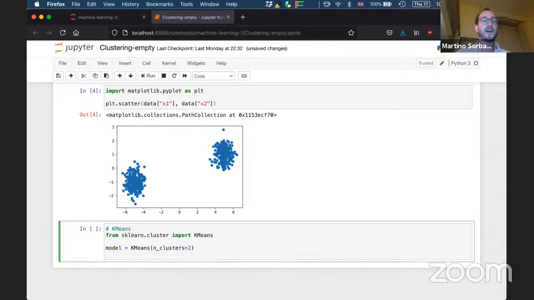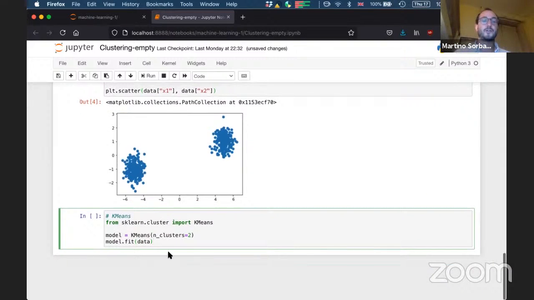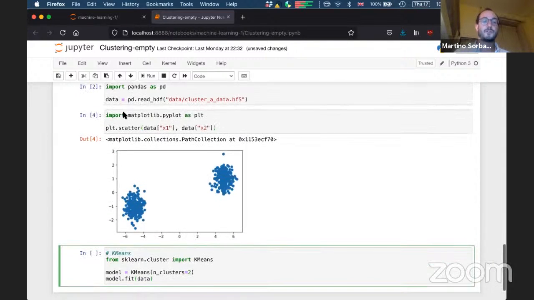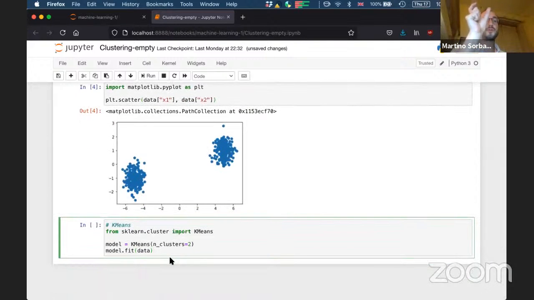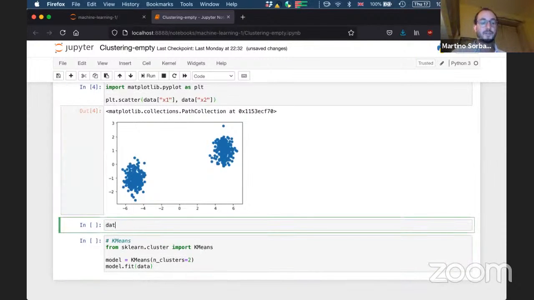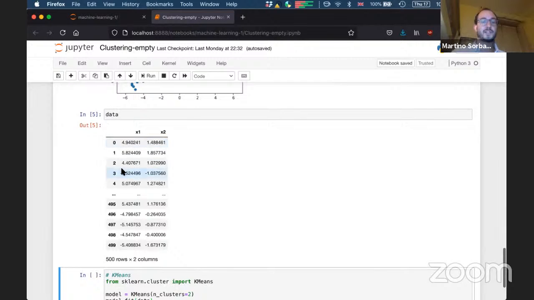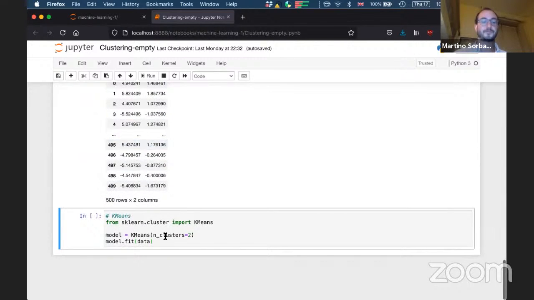Okay, so I've defined the model, and the model always has a fit method that takes the data in, and the data is going to be, as I said, columns and rows. On the rows we have all the data points. Let me plot it for you. On the rows we have the data points, and on the columns we have the features x1 and x2. Okay, so then I run this,